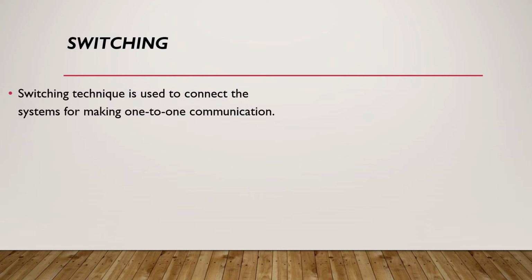In a large network there can be multiple paths from sender to receiver. In order to connect multiple devices, one solution is to have a point-to-point connection between each pair of devices. But this increases the number of connections. The other solution is to have a central device and connect every device to each other via the central device, which is generally known as star topology. Both these methods are wasteful and impractical for a very large network. Hence, a better solution for this situation is switching.